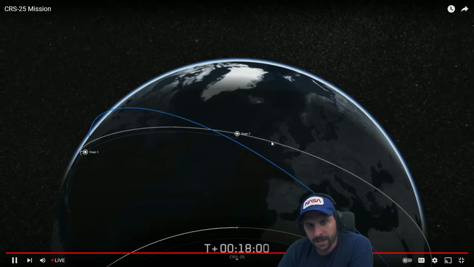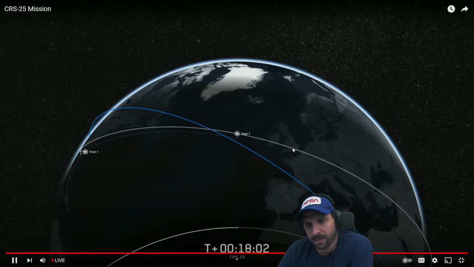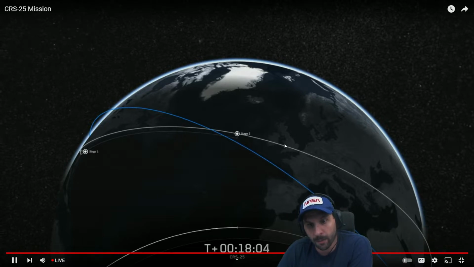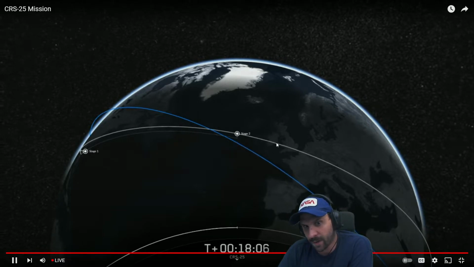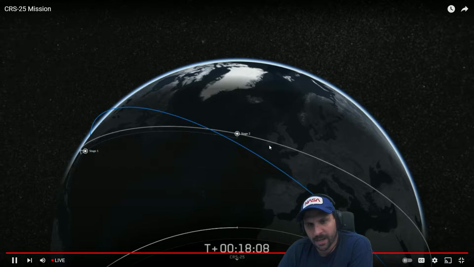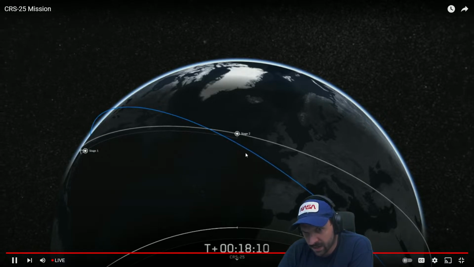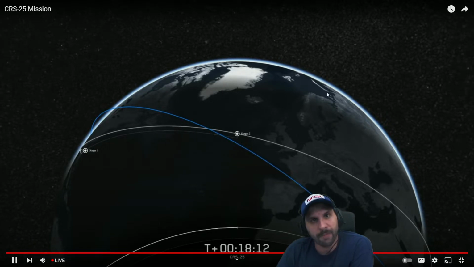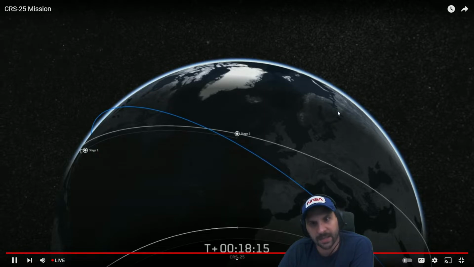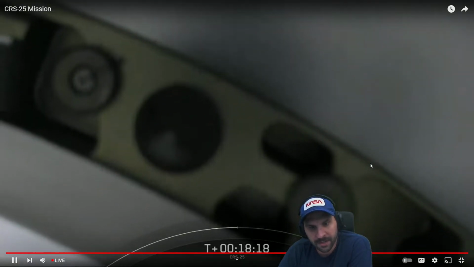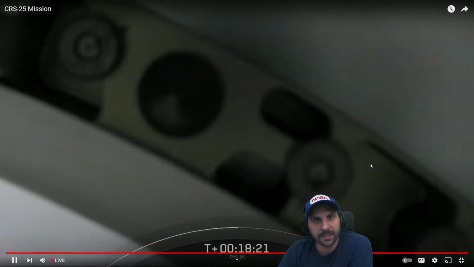Fellas, if you're in the UK, like in the Midlands right here, or in Wales, or at the southern part of Ireland right here, the stage and Dragon might be high enough that they're in the sunlight. The Terminator line is there. Oh, nose cone opening. There we go. You guys actually might be able to see it. It'll look like an airplane flying across the sky because the sun's reflecting off of it, but it'll have no strobe lights.